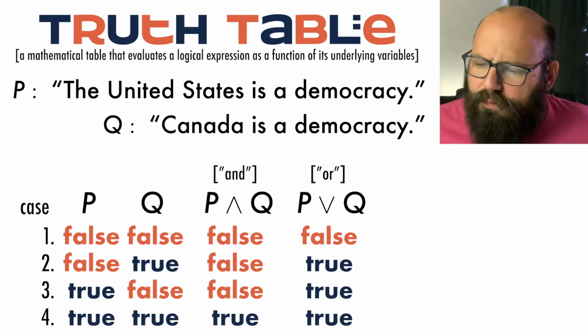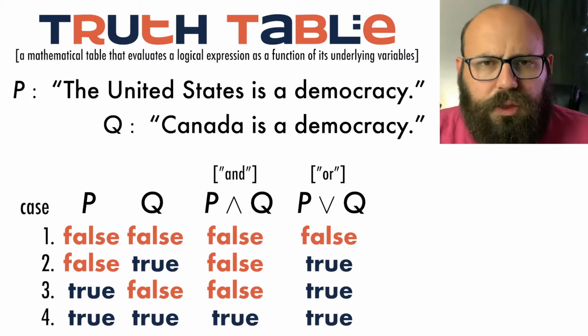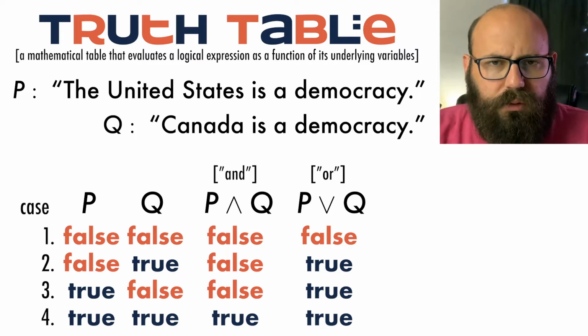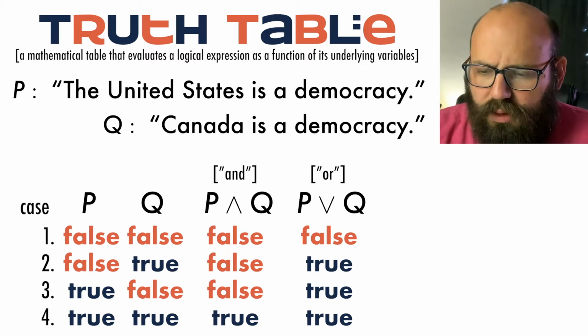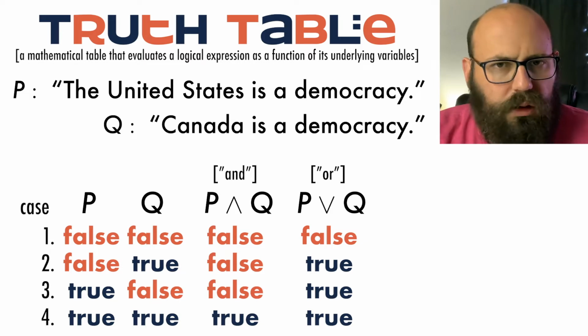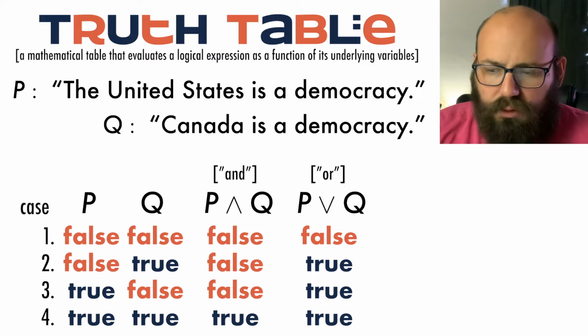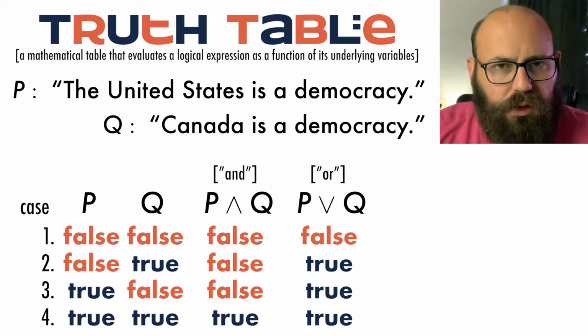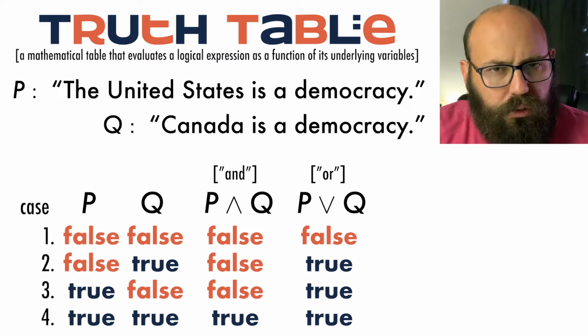So look at this. When you think about it, I don't want you to get too worked up about a couple of scribbles, but think about it. We took two statements that are either true or false, and that are unambiguously true or false. These are verifiable, clean, well-defined statements. And we've used them to define two new statements. So you gave me P and you gave me Q, and now I've come up with P and Q and P or Q.